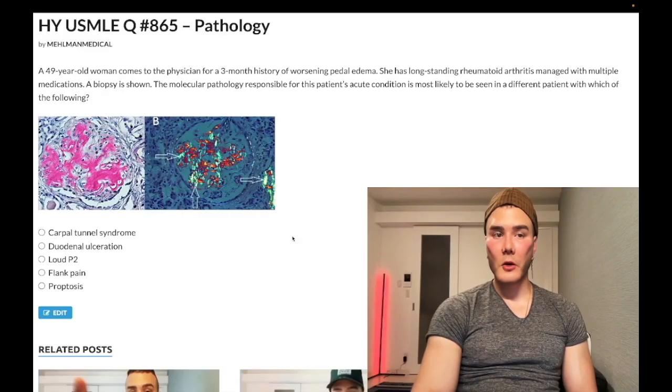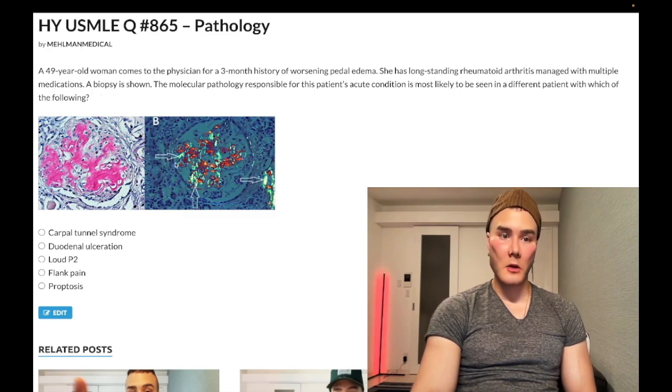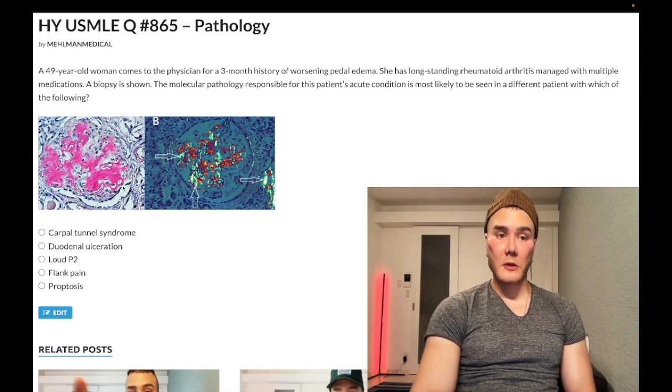How's it going, guys? We have a difficult question for pathology Step 1, possibly internal medicine 2CK. A 49-year-old woman with a 3-month history of worsening pedal edema and long-standing rheumatoid arthritis, managed with multiple medications. A biopsy is shown. I was purposely vague because you should know that you're looking at a renal biopsy. You should be able to ascertain, especially with the left image, a hematoxylin and eosin stain, that this is a glomerulus